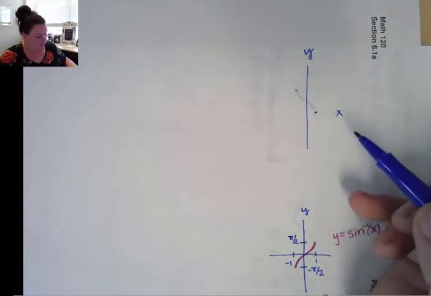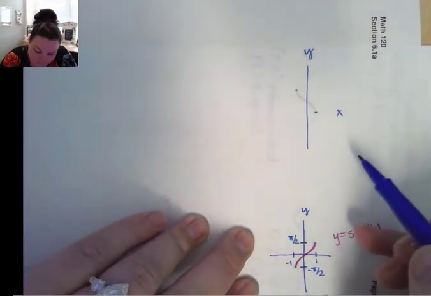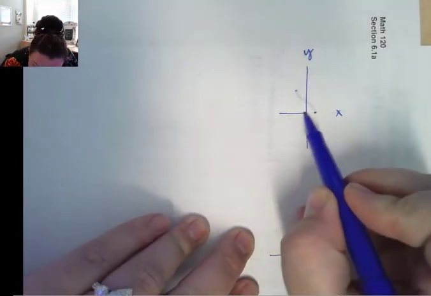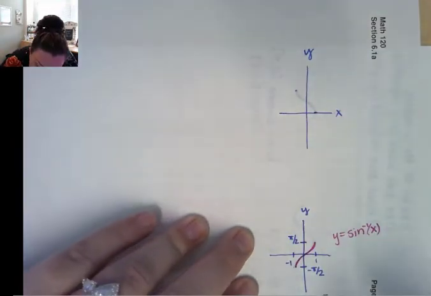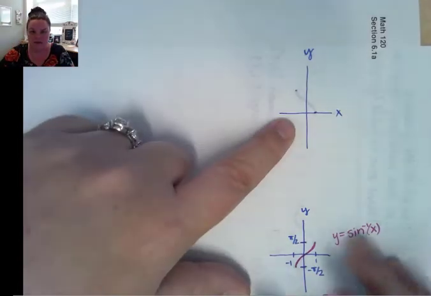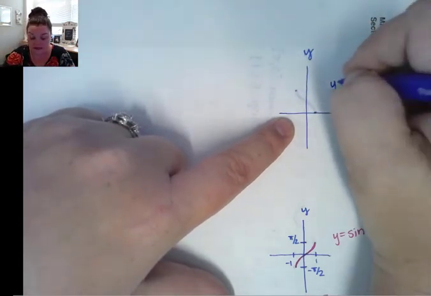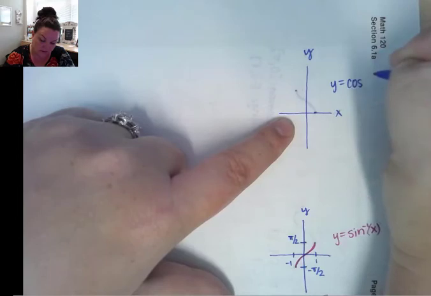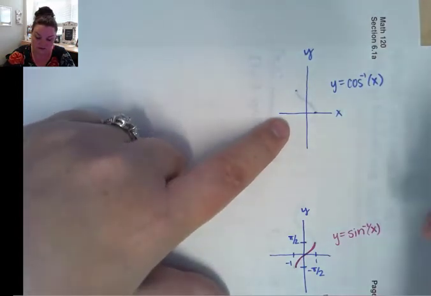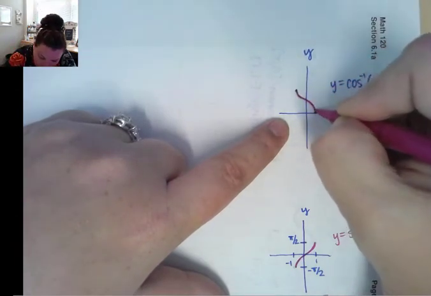I think I'm trying to see the line. I may have to start going over the axes with my darker pen so it transfers over also. All right, so this is going to be my inverse function for cosine inverse of x. Okay, so let's go ahead and graph it. Looks something like this,